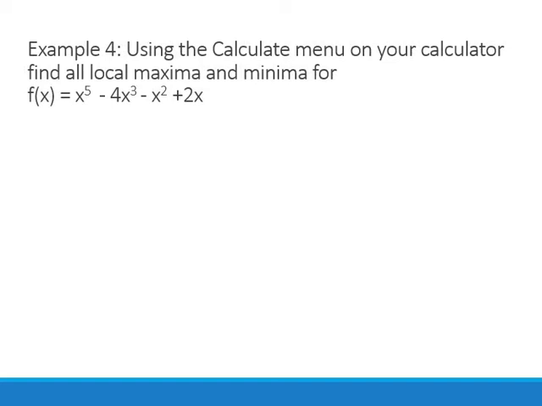So here's an example. I'll show you how to find them with the calculator. Using the calculate menu on your calculator, find all local maxima and minima for this fifth degree polynomial. F of x equals x to the fifth minus 4x to the third minus x squared plus 2x. I've got the screenshots if you download and flip through the PowerPoint, but I'm going to actually show you